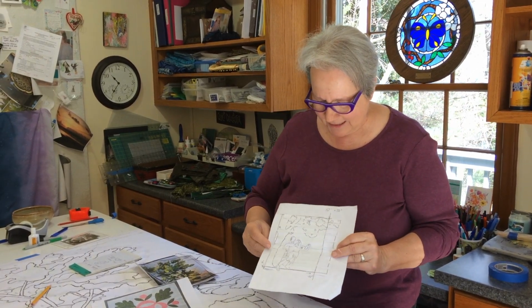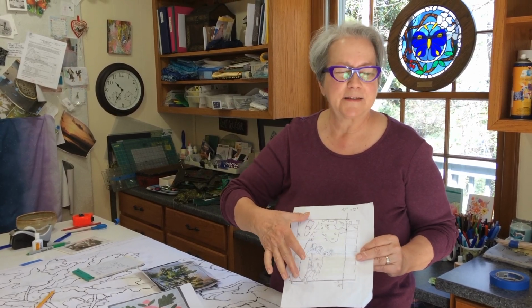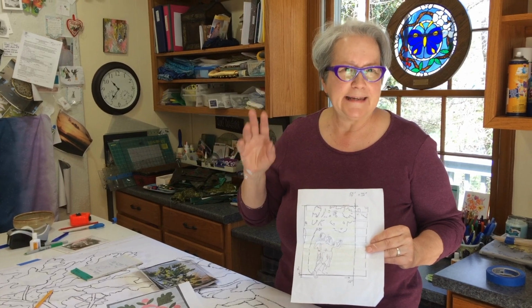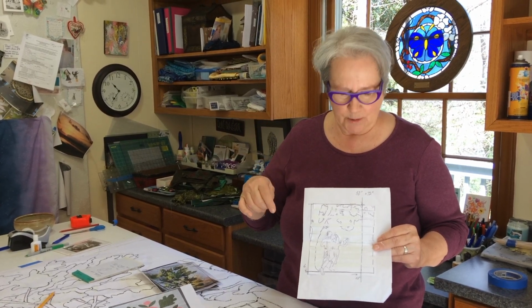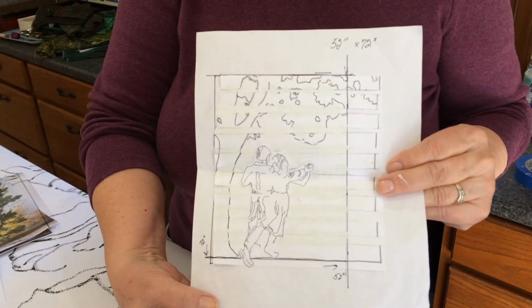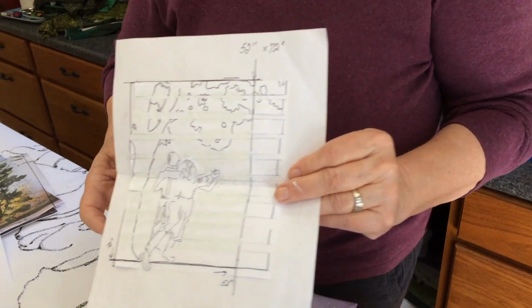So what I did is sliced my tree horizontally and then spread it out to the proportions I want. The minimum size is 50 inches, and it can't be longer than 80 inches in any direction. So I played around with my placement. I have him stepping into my design. Okay. So I have him just stepping into the photograph, and I was inspired by this fabric that I bought